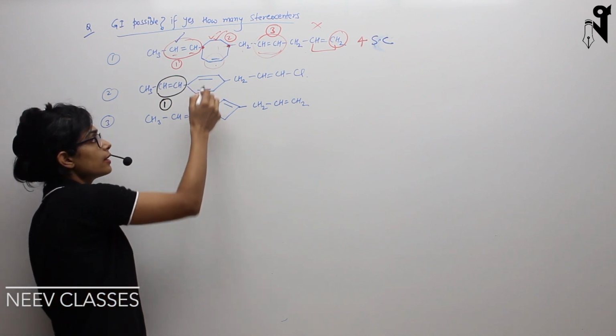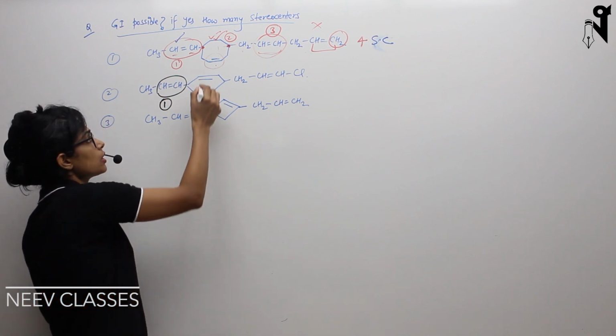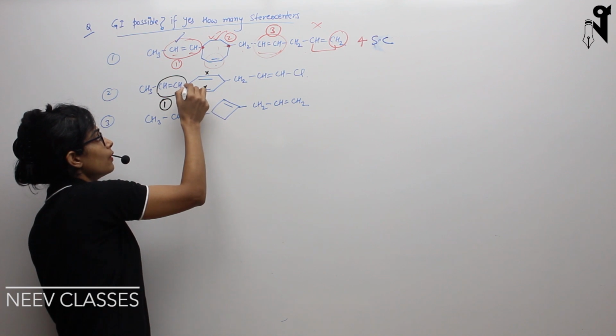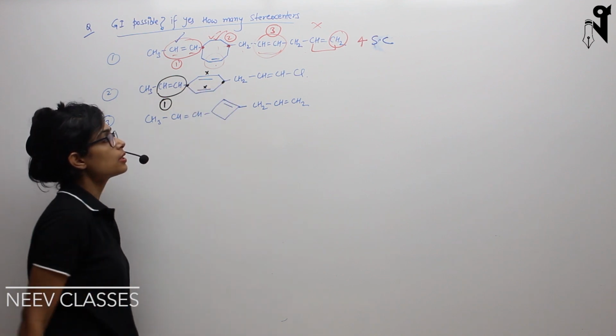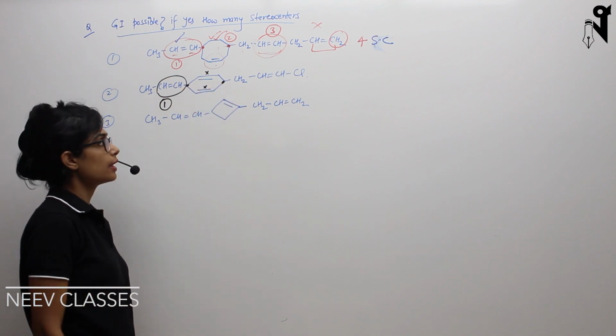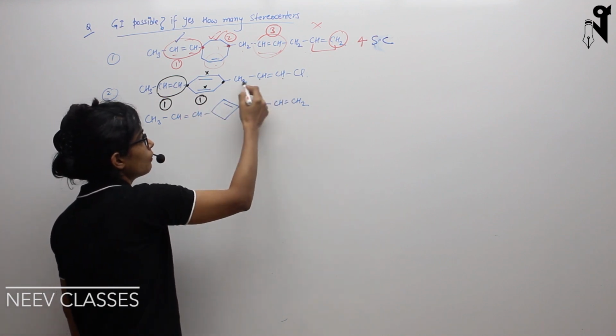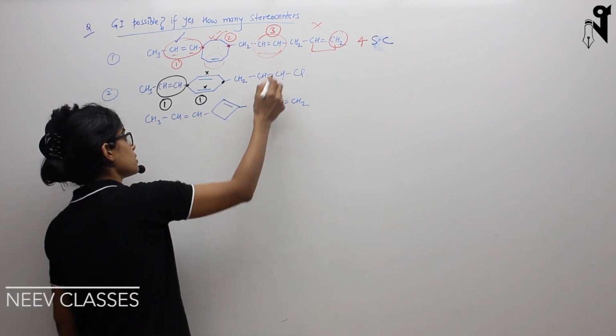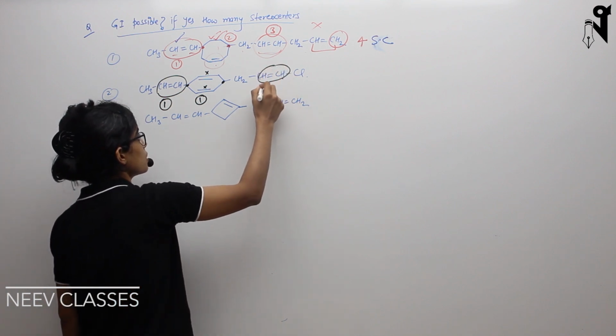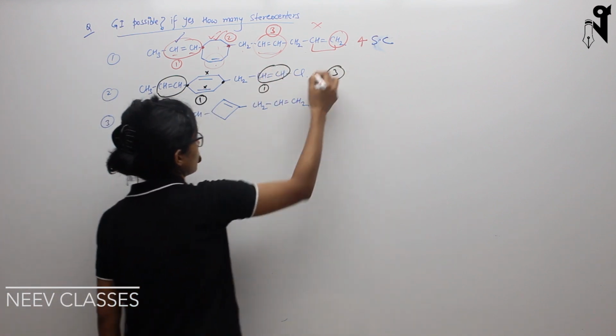Will the double bond inside this ring show GI? No, these double bonds will not show GI. Will these two sp3 carbons, having 2 different attachments, show GI? Yes, so 1 stereo center is your ring. Then the carbon double bond carbon with 2 different attachments can show GI? Yes, this can show GI. So this is another stereo center. The total number of stereo centers is 3.